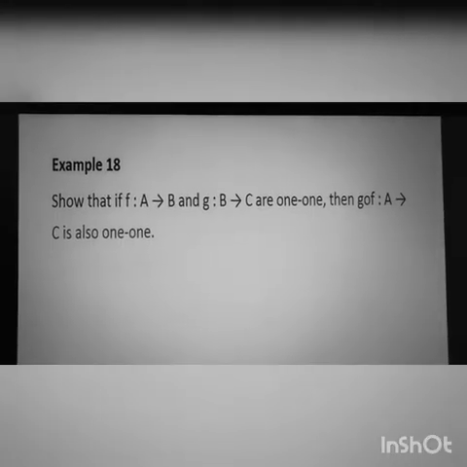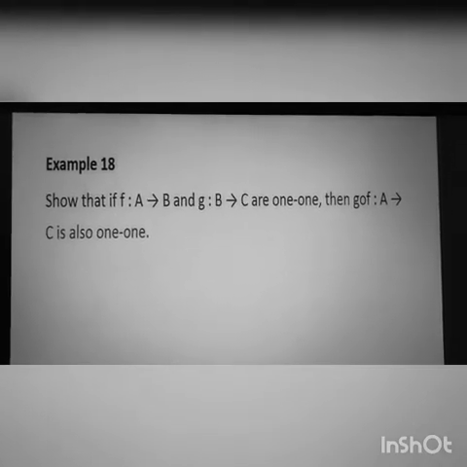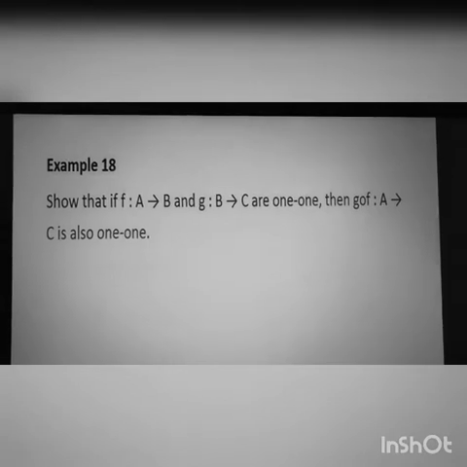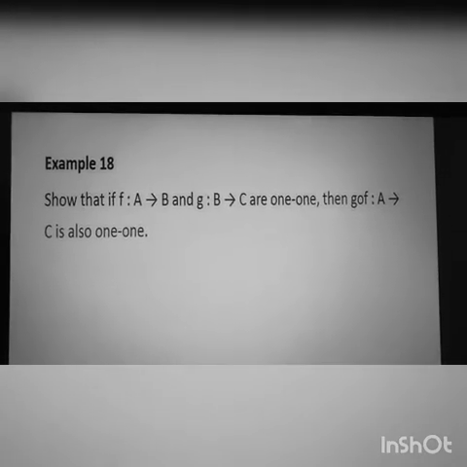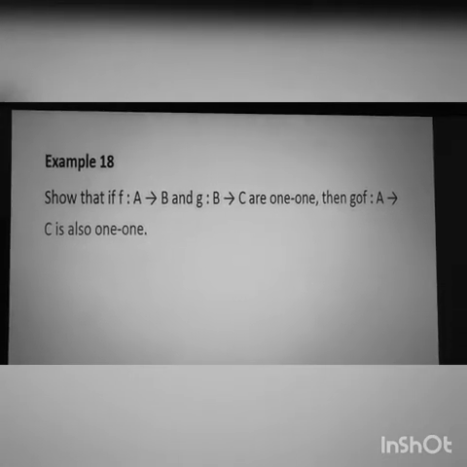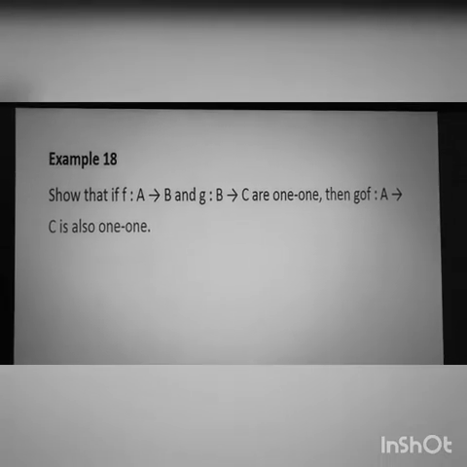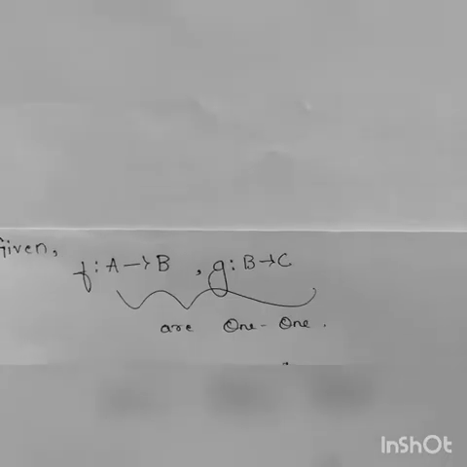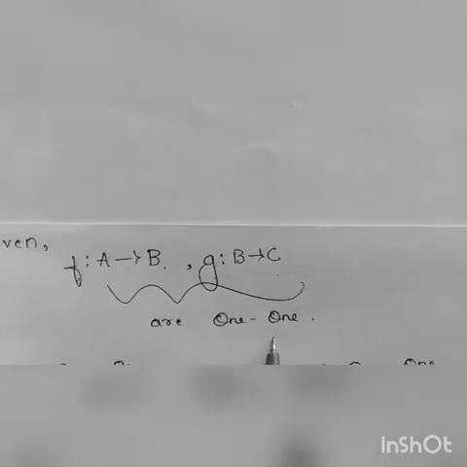Example 18. Here we need to show that if f from a to b and g from b to c are 1, 1, then g of f from a to c is also 1, 1. So f and g, both the functions are 1, 1, then the combination of those two functions is also 1, 1, and we need to prove that. Given that f from a to b and g from b to c are 1, 1,